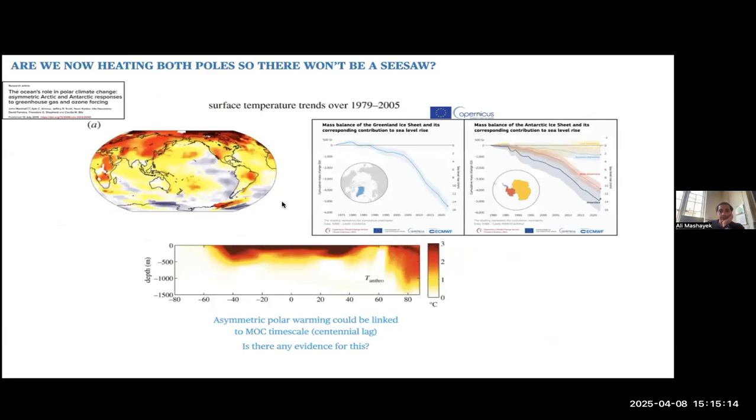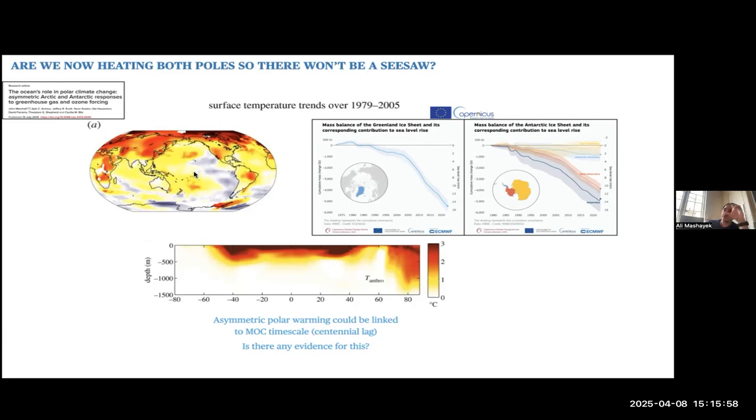An example of the seesaw: the figures on the left are from a paper by the MIT group that came out just over a decade ago. Back then, this was from observed surface temperature trends, and they were showing that there has been an asymmetric response, in that the northern latitudes have been warming more rapidly than Antarctica. Now, we have more recent observations. If you look at the plot on the top right, we know that in recent times, Antarctica has also been warming. So a key question, as I said before, is